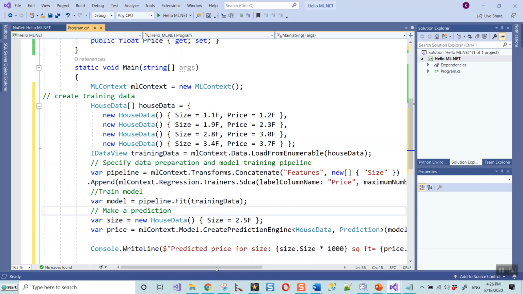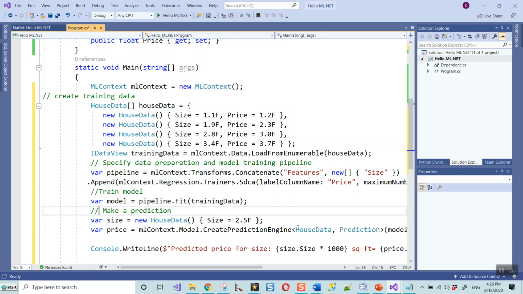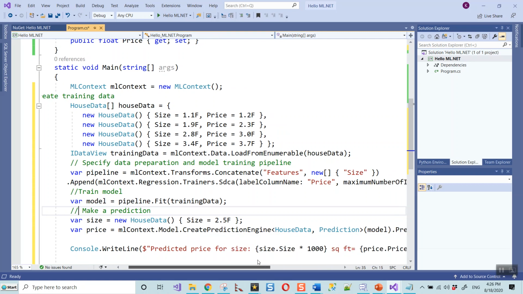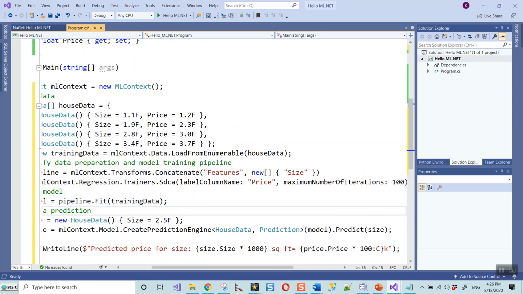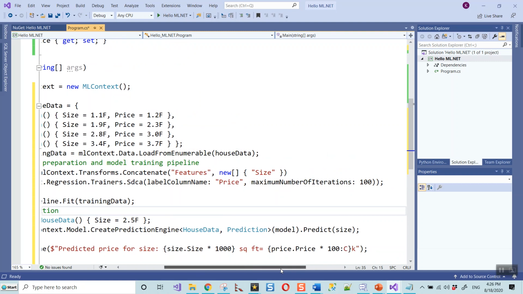That will come from this line. So var price equals, again, MLContext.Model, operations with trained models, .CreatePredictionEngine. To this method we are passing the house data and the prediction classes, and this is operating on this model. The model was declared over here. This is the trained model, and then we'll call Predict.